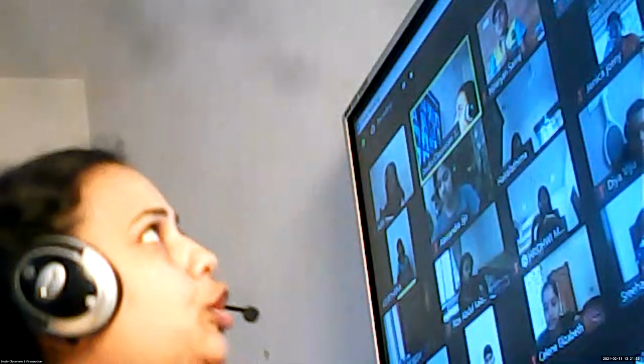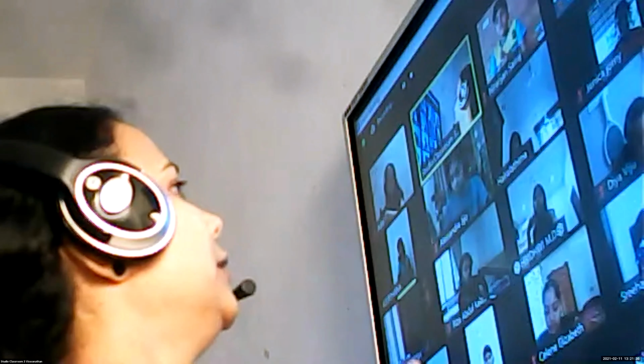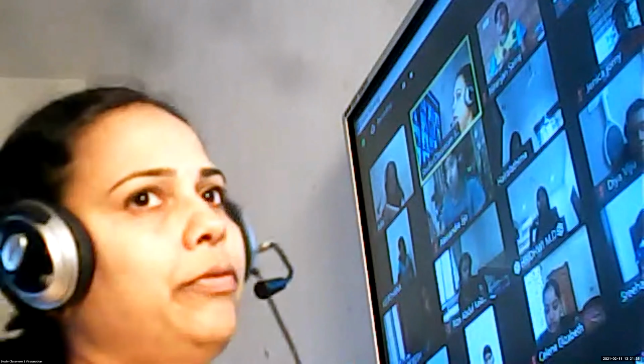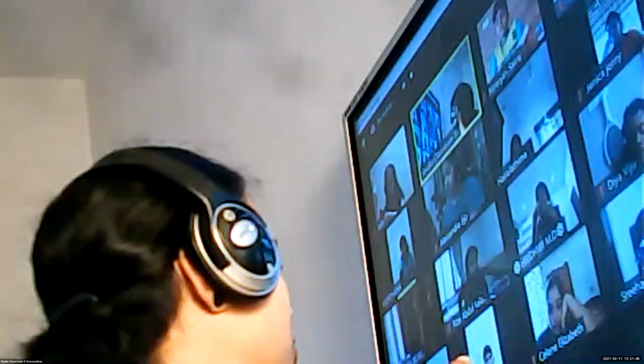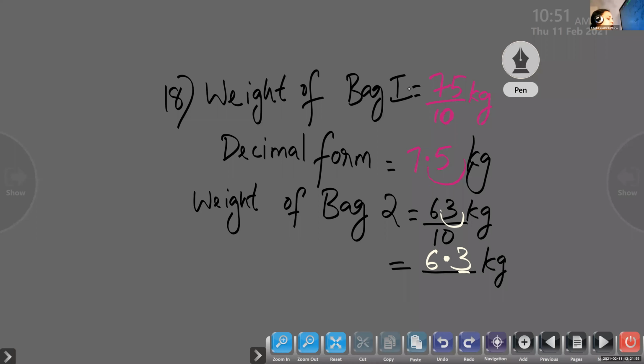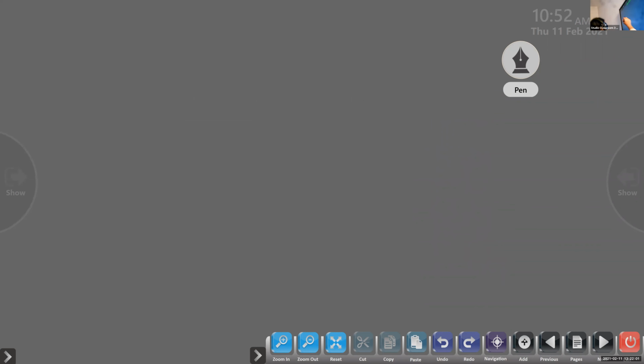So to convert meters into kilometers, what do we have to do? Divide by which number? 1 kilometer is 1000 meters, so divide by 1000. Yes. So here also, children, I will show you one. The other 3 you have to write alone. We will write question number 19 together. Children, write smaller, because after writing this we have to draw the box. We will write the answer in the box.